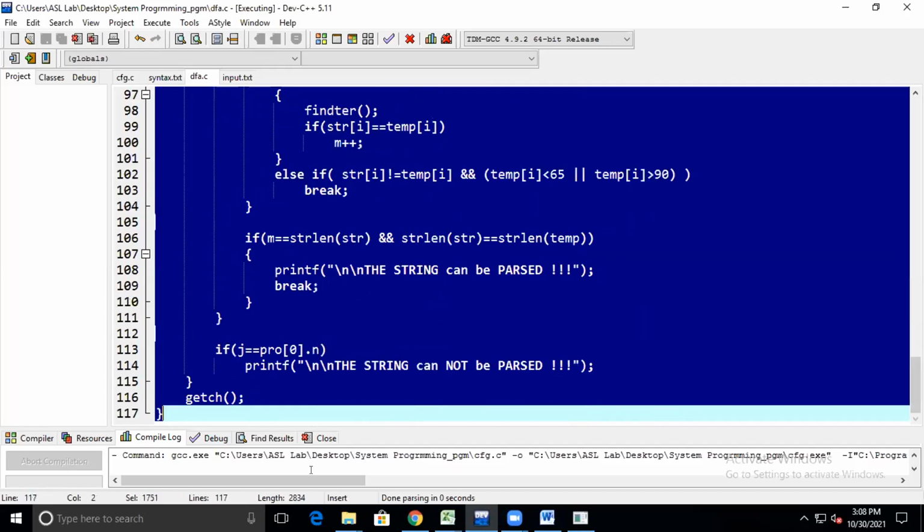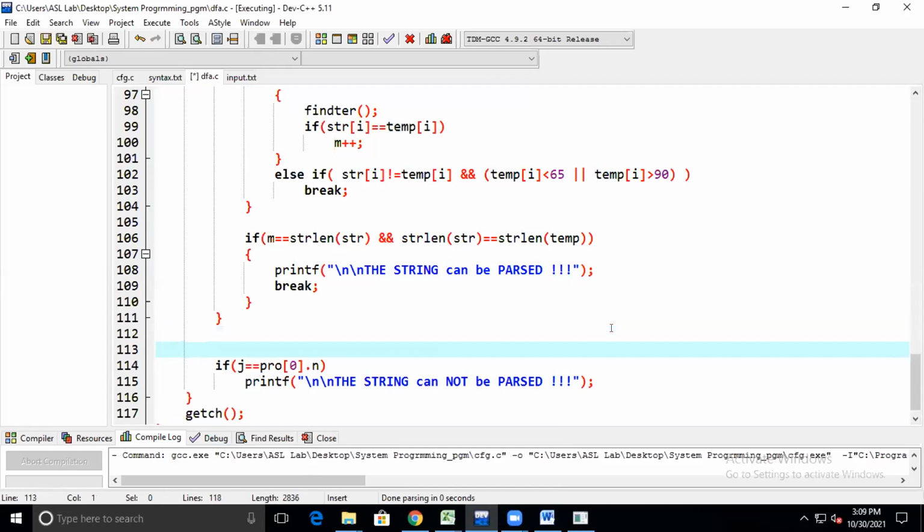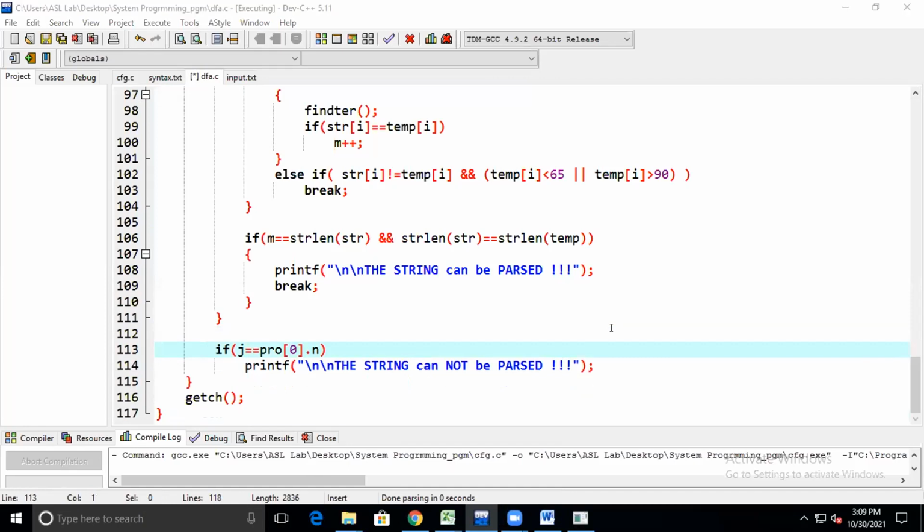So we'll again select, it is so much lengthy. Again last, lengthy program.